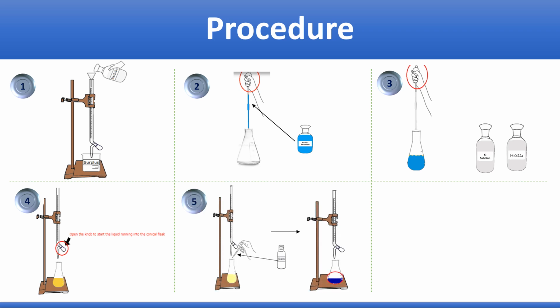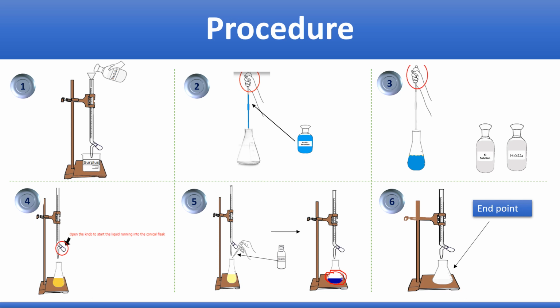When the solution becomes pale yellow, step 5 begins, that is the addition of the starch indicator in the conical flask. Due to the formation of iodo-starch complex, the color of the conical flask content turns blue. This is step 5, and the last step is the 6th step: when we continue the titration, all the iodine gets consumed and a white precipitate is seen in the conical flask. This is the endpoint of our titration.